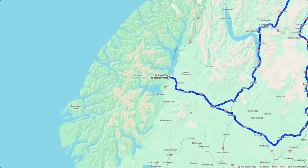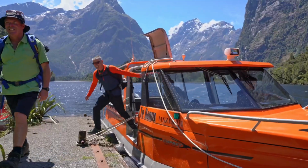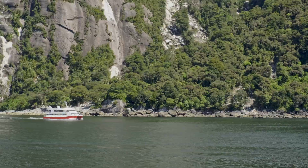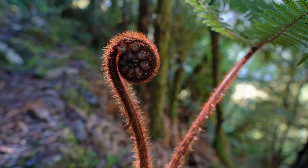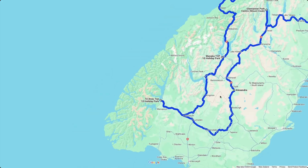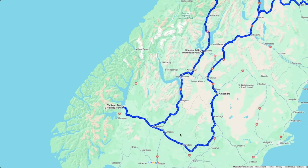My suggestion is to leave your motorhome, stay put that day and go on a guided tour with an operator like Trips and Tramps. Do the Milford Sound cruise, do some hikes along the way, but it's nice not to drive for a day. Now we continue this trip, heading back basically, but now we're going through the central Otago region